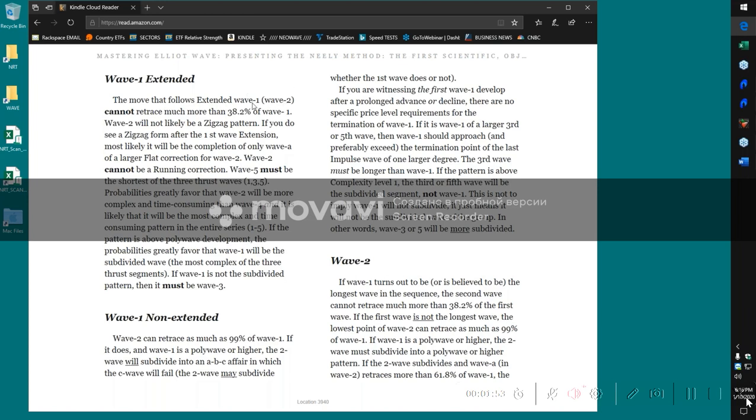For example, if the first wave is going to be the extended wave, the odds are pretty high that wave 2 won't retrace more than 38%, because the bigger wave 2 gets, the more difficult it's going to be for wave 3 to make a new high and for wave 4 not to overlap the top of wave 1. So that's the reason why wave 2 needs to be shallow if the first wave is going to be the